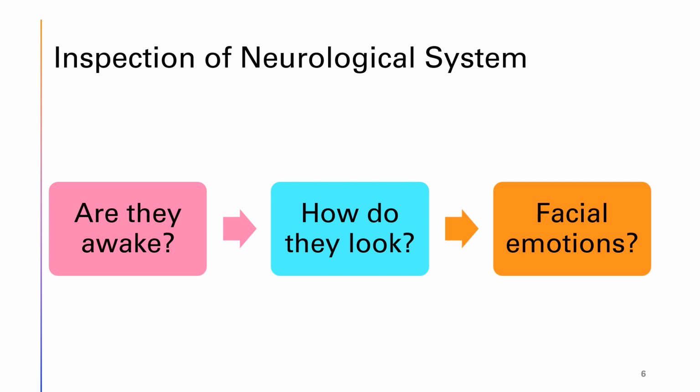When we're seeing if they're awake or have their eyes closed, we're assessing their level of consciousness. When we look at their emotions on their face, we're assessing their emotional state. And when we look at how they look, if they're clean or not, we're assessing their ability to do their ADLs. This is a very important observation for ED nurses. When we watch them move their extremities, we're assessing the neuromuscular system. And we assessed all of these areas just by walking in the door. We didn't do any touching of any of this. This was all inspection.